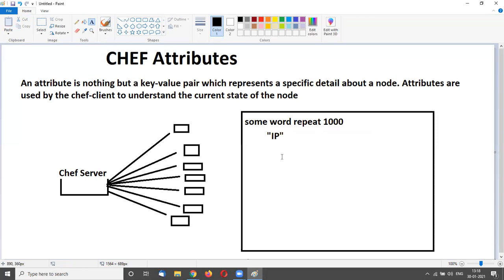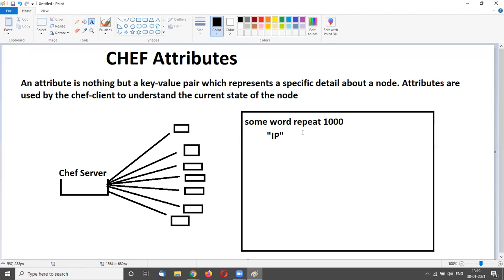That means I write common code that works on every machine. If I assign a particular IP here, it works only for that single IP and does not work on other machines. So that's why I need to assign a key value pair.